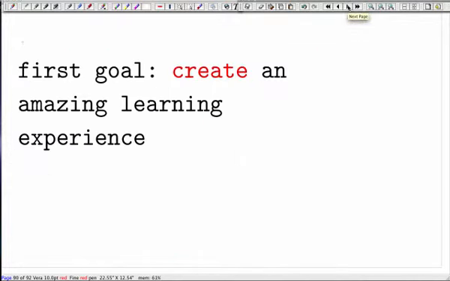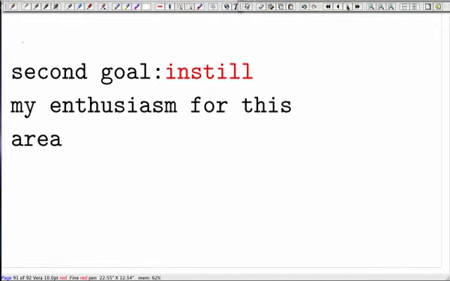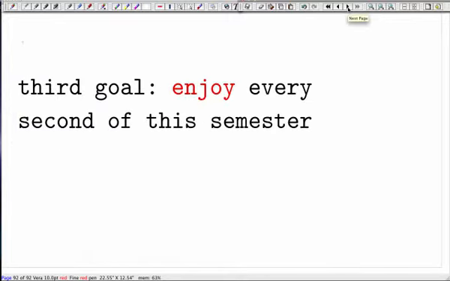What were our goals? I really hope that we've created a good learning experience for you. I hope that you have some enthusiasm for algorithms and that sometime in your future life you'll remember this and solve some problem. And certainly, I know that I have satisfied this goal, because I've really enjoyed it. We've gone slower than in previous classes, but part of it is because you were so interactive and asking really great questions. So good luck with whatever you do in the future.